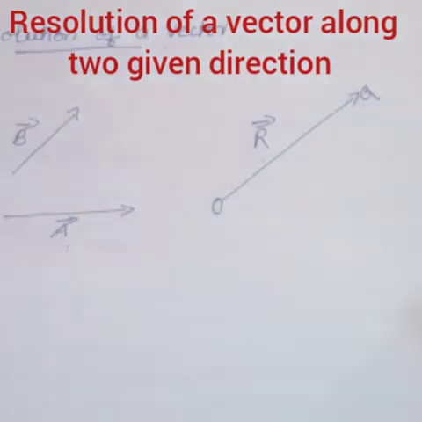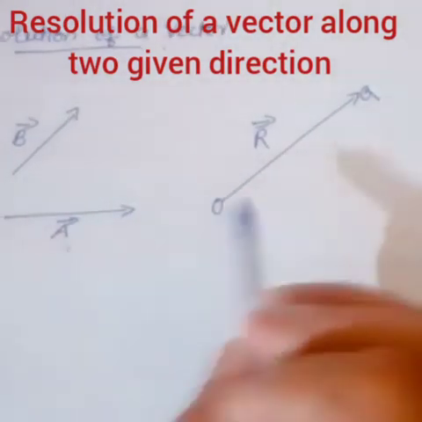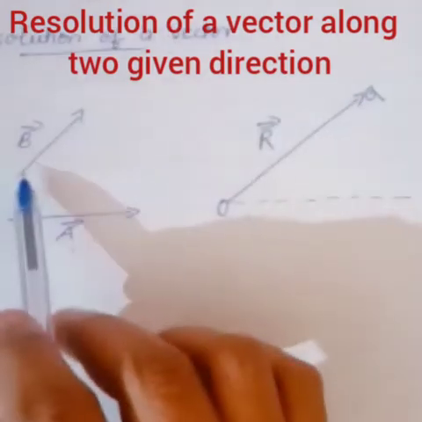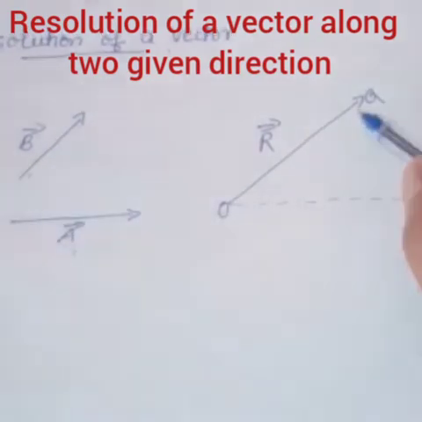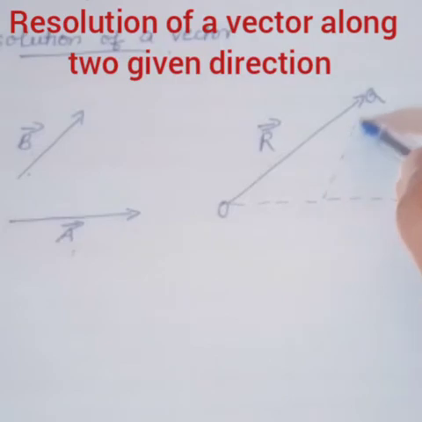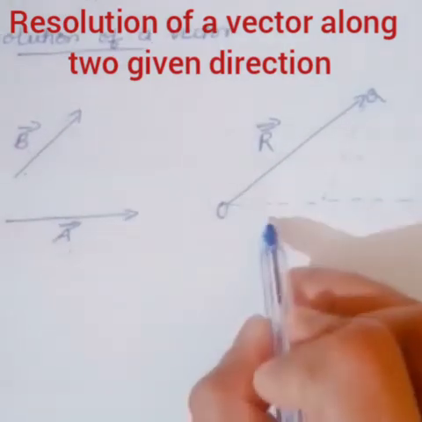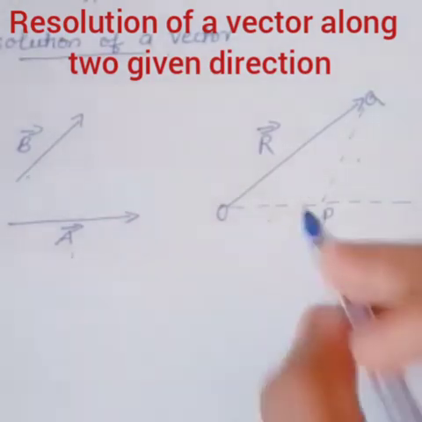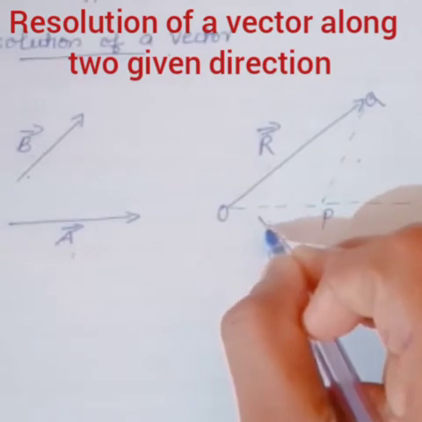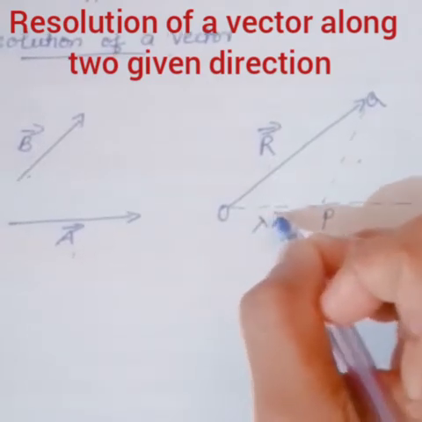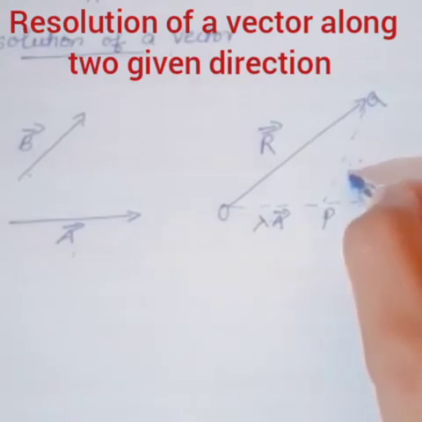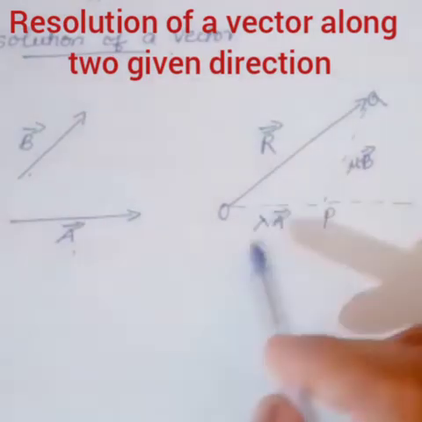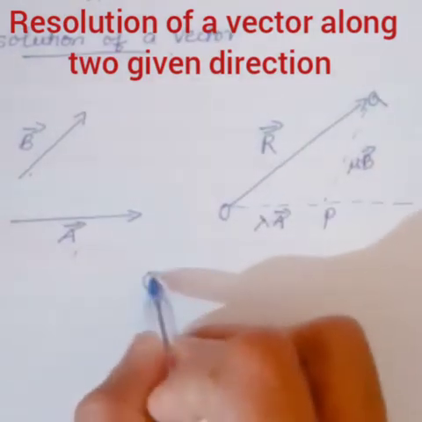at point P. First draw the line parallel to vector A. Next take vector B and draw it here. So this is vector B, then this is vector A, and this is point P. So OP is a real number lambda into vector A. Then side PQ is also a real number denoted by the letter mu into vector B. So from the triangle of vector addition, OQ is what?